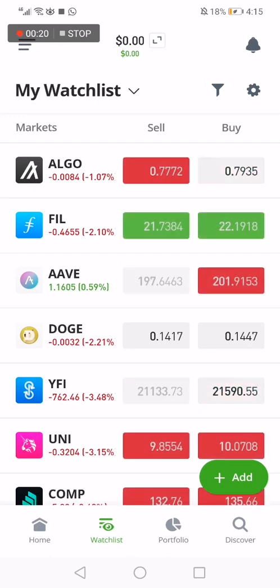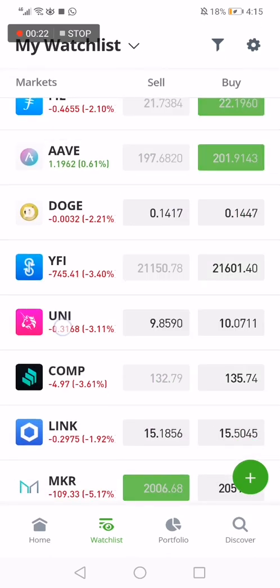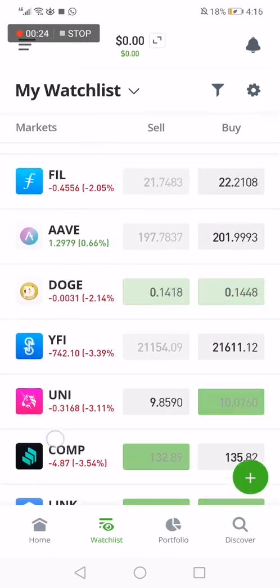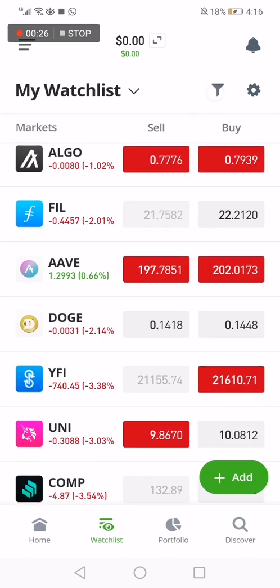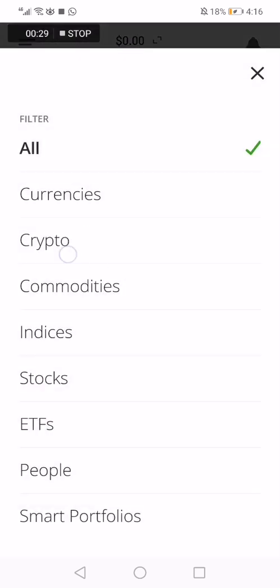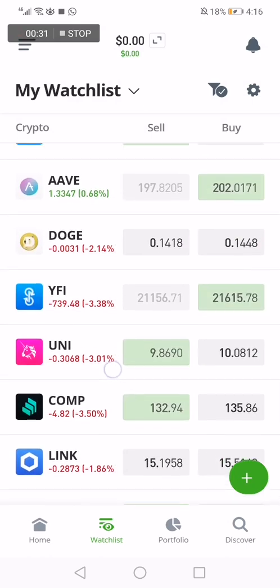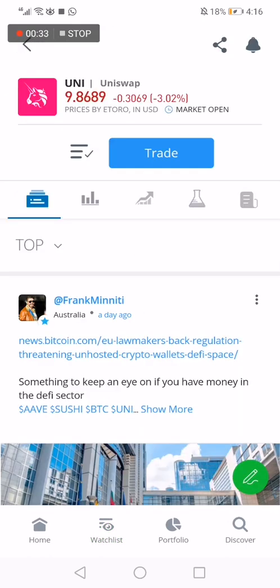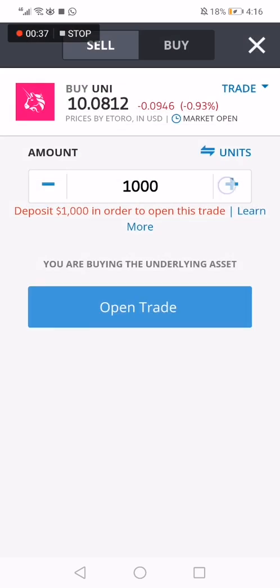and after that you go down and you will find the Uniswap. If you didn't find it, just click here on this icon and choose crypto. And after you find it, click on it like this, then click on trade and choose the amount of money